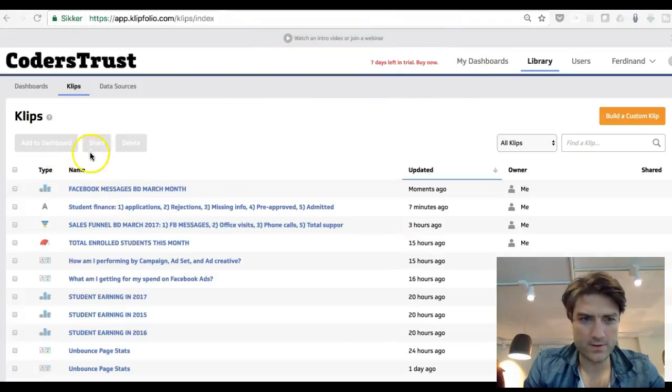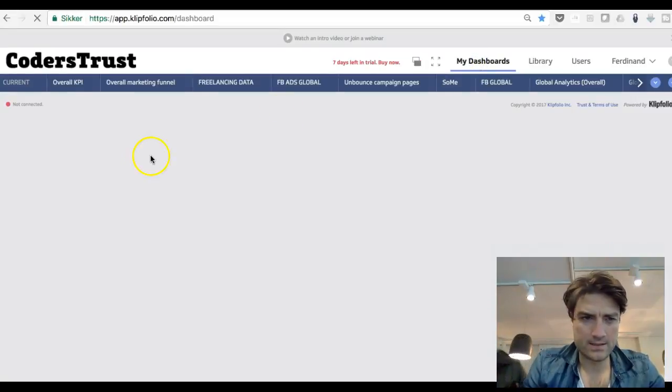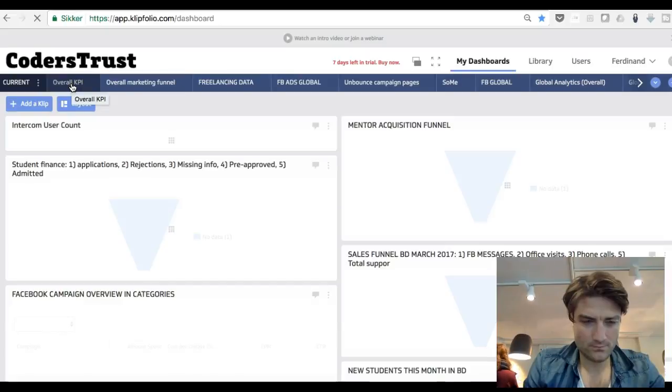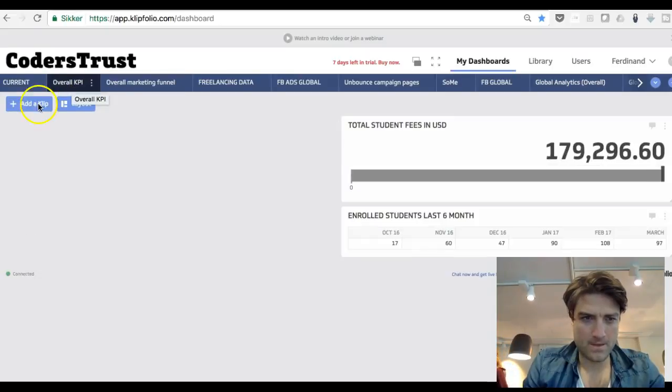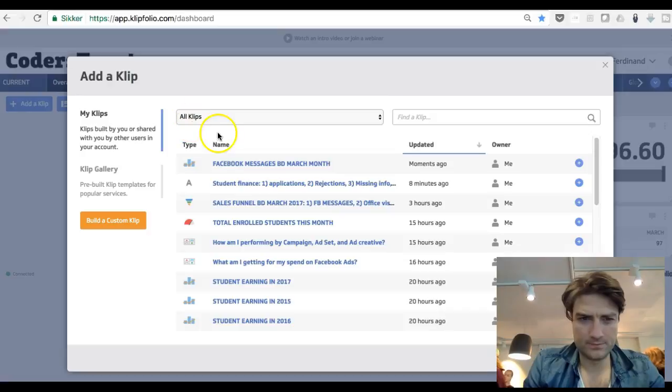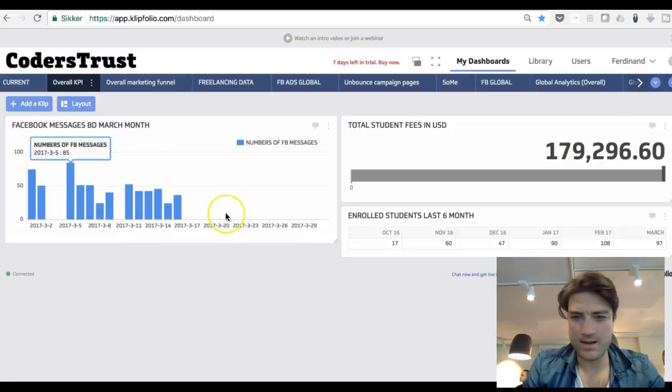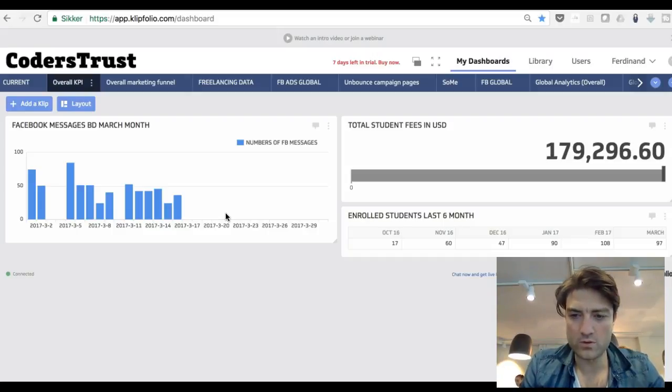So if I go to my library, it's a clip. Then I can go to the dashboard where I'd like it to be added. I'd like to have that under the overall KPIs. Then I'll go in here, add clip, and then it's right there. I'll add it, and then I have the chart right there. So that was just a quick intro on how you can take your data from Google Sheet and put it